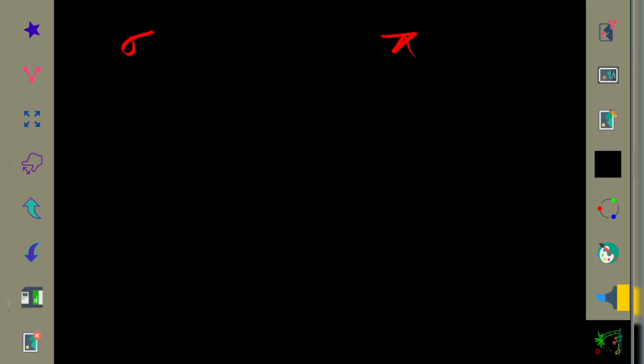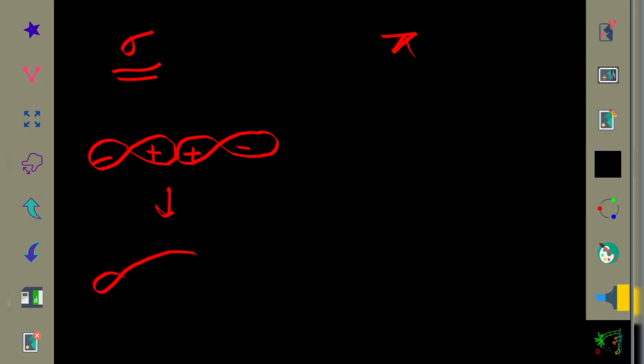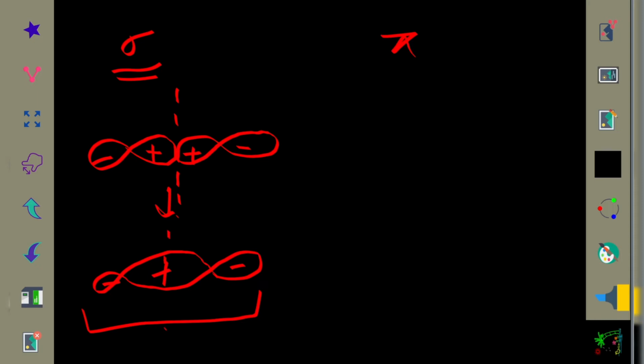So now all of you know, for a sigma bond, the orbitals have to undergo overlapping like this with the same lobes like this. Okay, so it will result in the formation of a molecular orbital like this. If you see, this one is symmetric in nature, right? From here if you move, you will find the symmetry in the molecule. That means sigma is gerade.